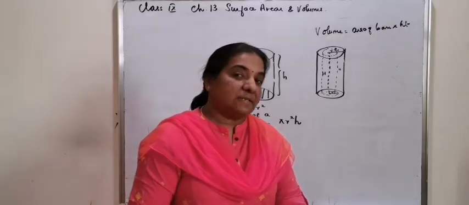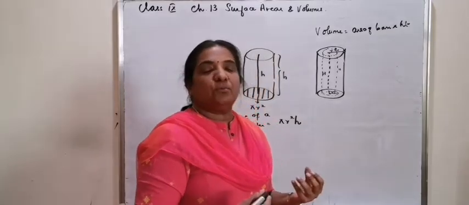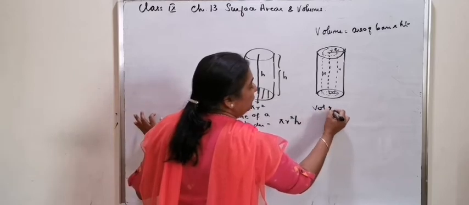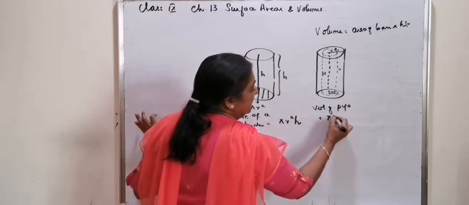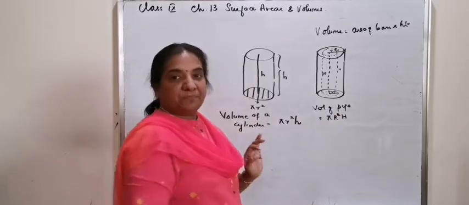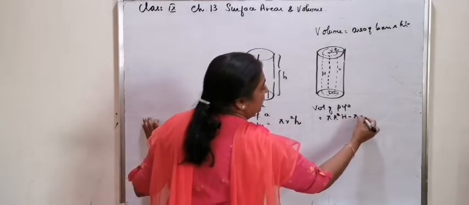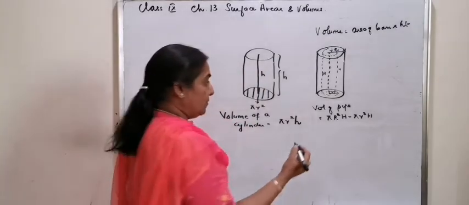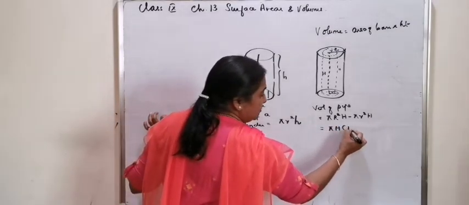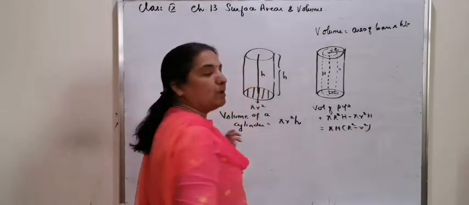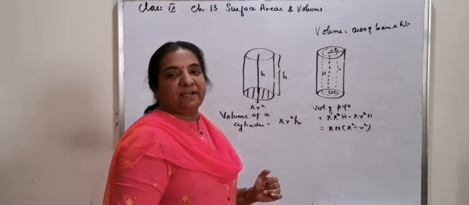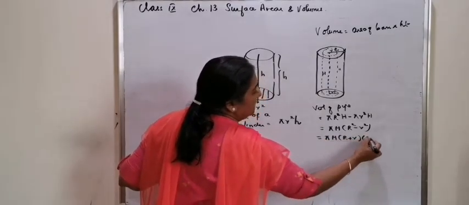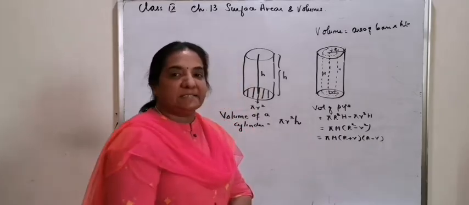What you obtained is a pipe, and the volume of the pipe is the volume of the outer cylinder pi R square H minus the volume of the inner cylinder pi with the radius small r, or pi H into capital R square minus small r square. By taking the common factor, or by factorization, pi H into R plus r into R minus r.